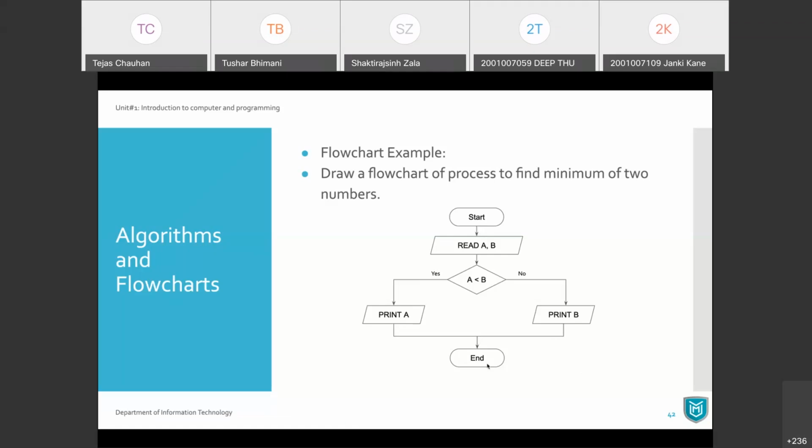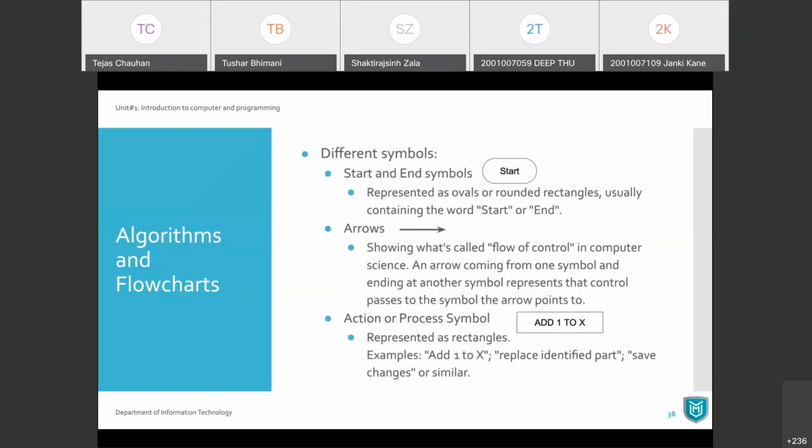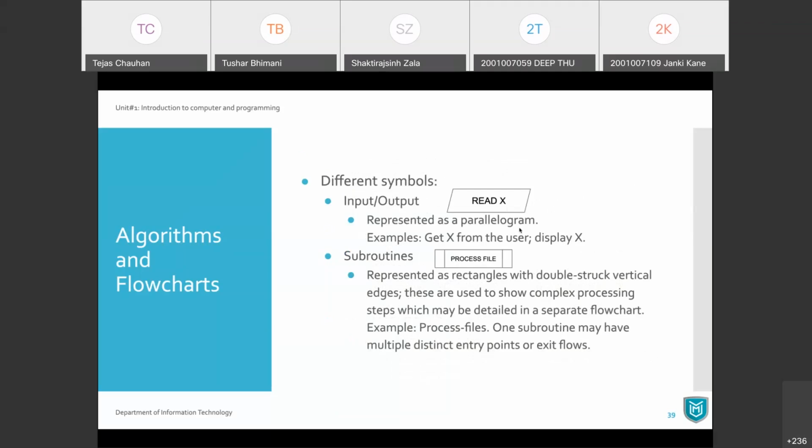Yusuf is asking what is this diamond symbol? It is the condition symbol. Let me go through those symbols once. Try to remember all these symbols because we are going to use them in a flowchart. A rounded rectangle is start or end, then a simple arrow. A simple rectangle will be nothing but some action or some process, some calculations. Then you have a slanted rectangle, or parallelogram, for input and output.